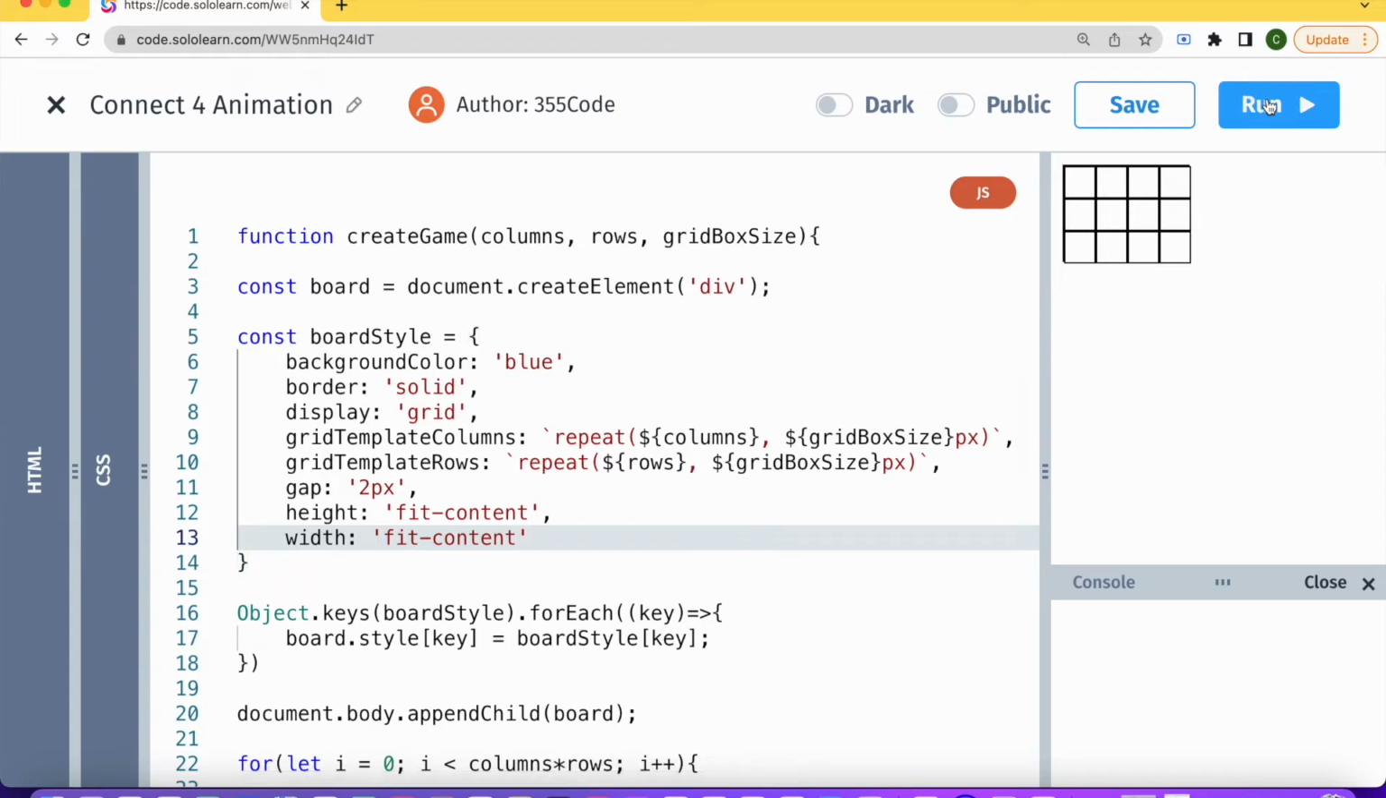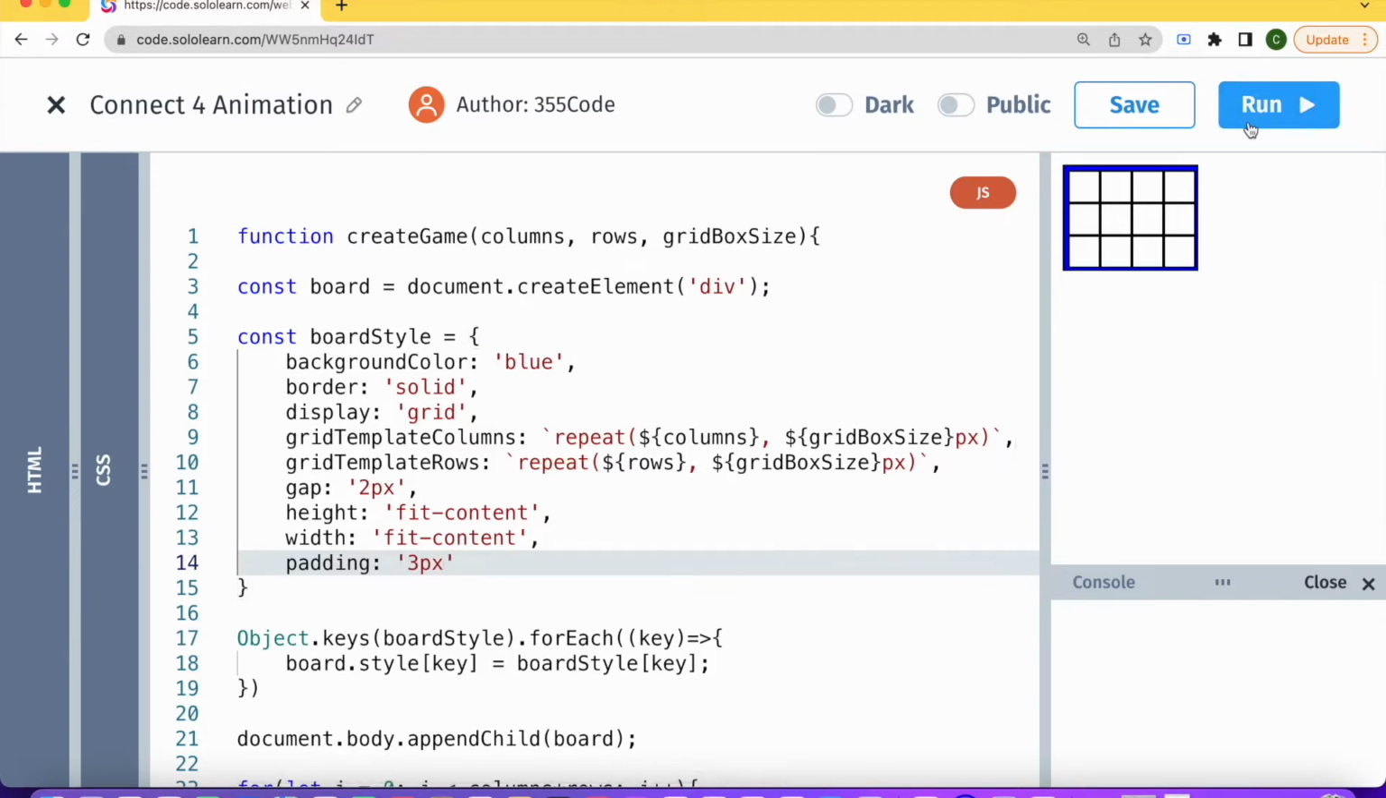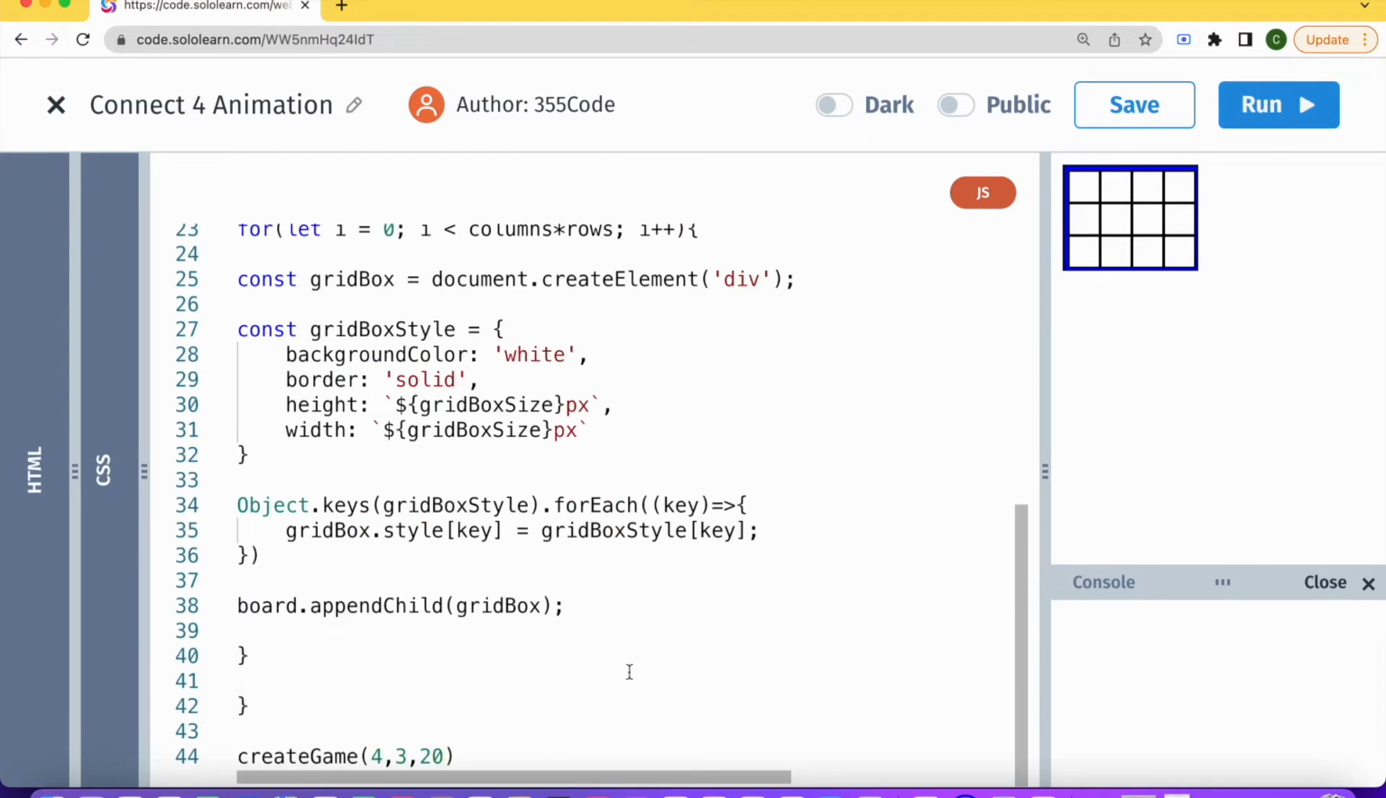Excellent. So let's try running this code, and we see now that the board is fitting to the grid boxes. We can give it a little bit of padding, just so that it's a little more visual. And let's make that 3 pixels, let's say. And great. Okay, so now we see our board, we see our grid boxes, and we can already set this up so it fits the